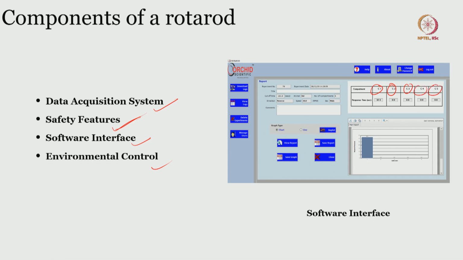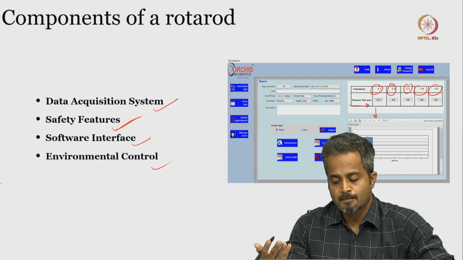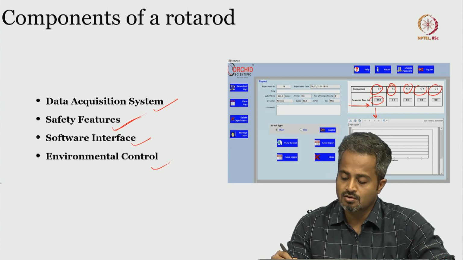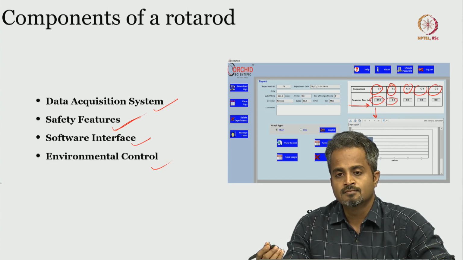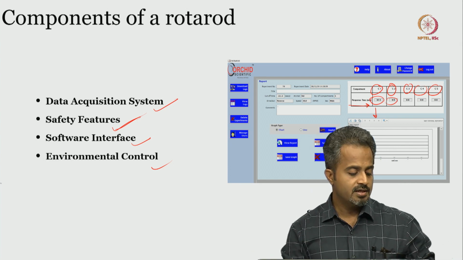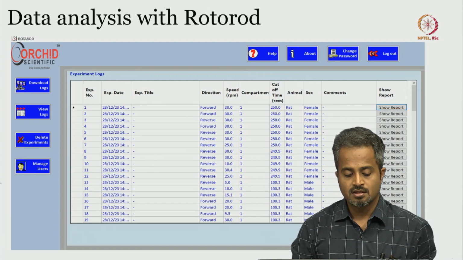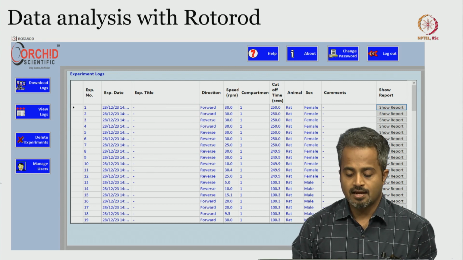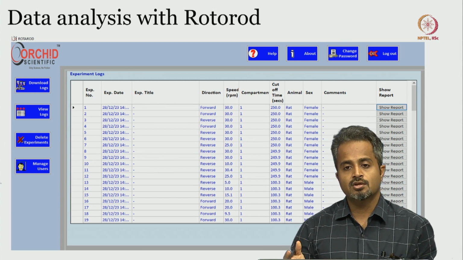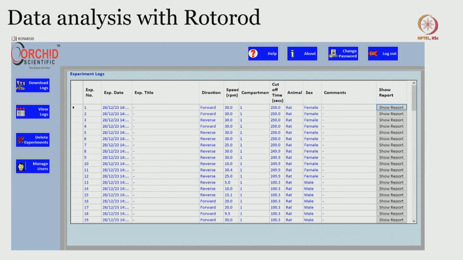So you can see the response time that is taken for the rat to fall once it's tired, or when it is even the Parkinsonism rat, this time is definitely going to go down in Parkinsonism. That can be easily monitored using the software interface. So this is an example of the log sheet that is available in the user interface itself. If your setup does not have this user interface, you can definitely monitor the behavioral outcome using such